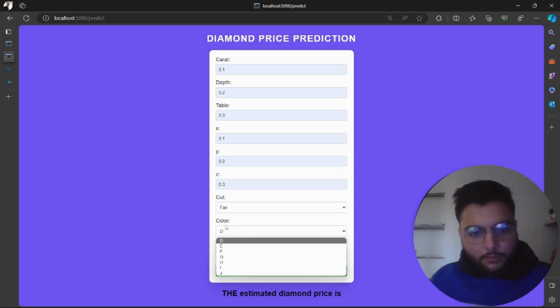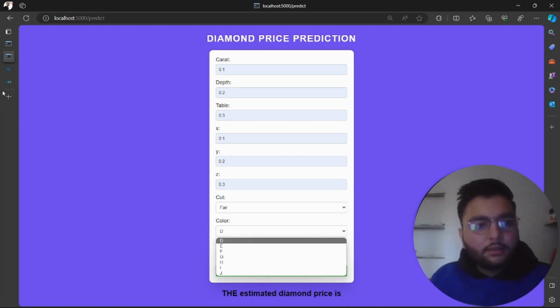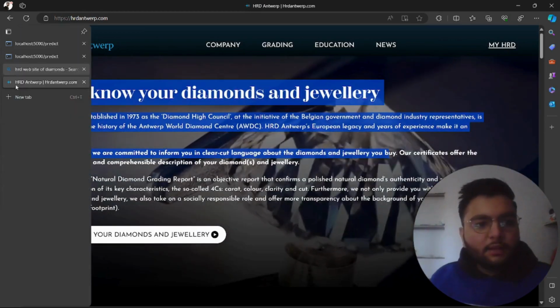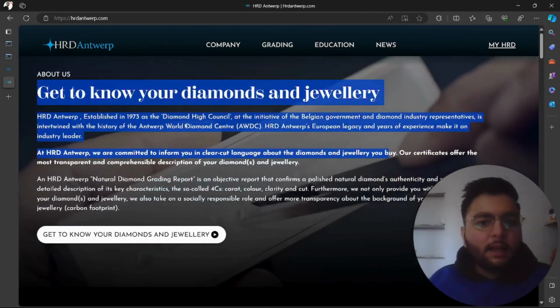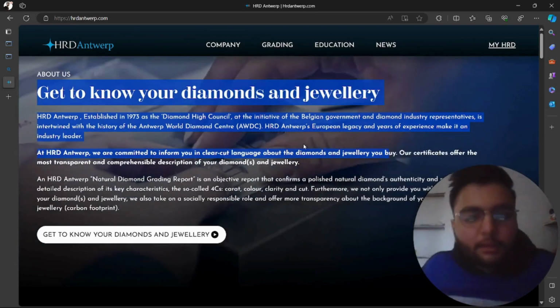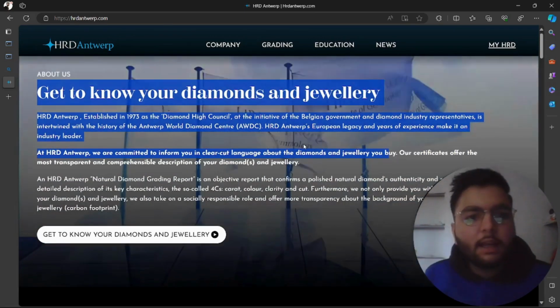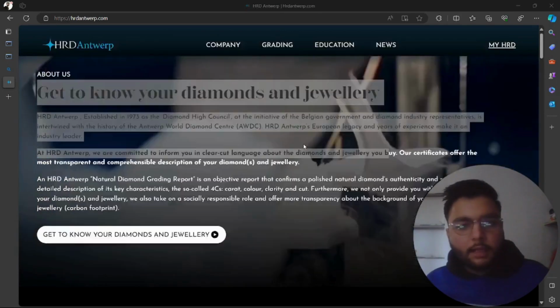Moving ahead, we have color qualities also available. These are some of the denotations provided by the international organization HRD, which mainly decides the color, carat, and all the parameters of a diamond. If you want to know more about the diamond industry, go ahead and check this website so that you can get an idea about the diamond.